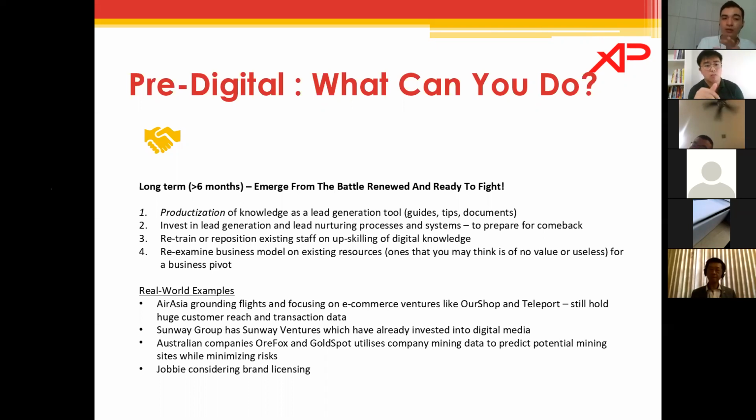Okay, I'm going to give you an example on number 4. I don't know if all of you have read, right? And it's actually in the real world example down there. When we talk about pivoting a business model, AirAsia is grounding their flights right now, see? So when they ground their flights, they're focusing on e-commerce ventures like Our Shop. Our Shop is a shopping channel for those who don't know. And Jobbie is actually a partner of Our Shop. They're investing very heavily into subsidies and everything to build onto their existing consumer base. Because although the business